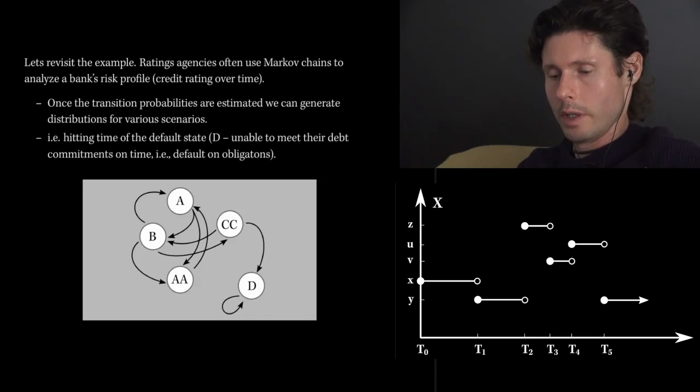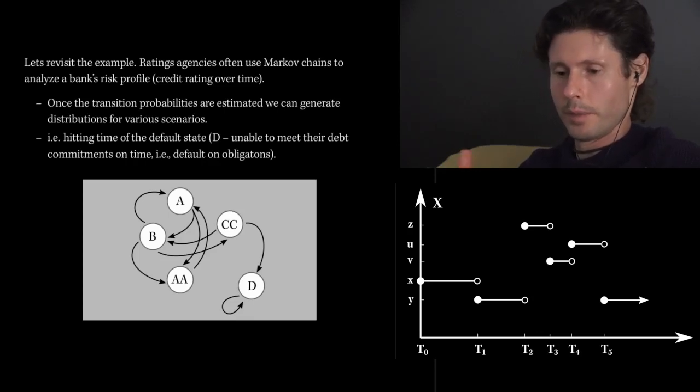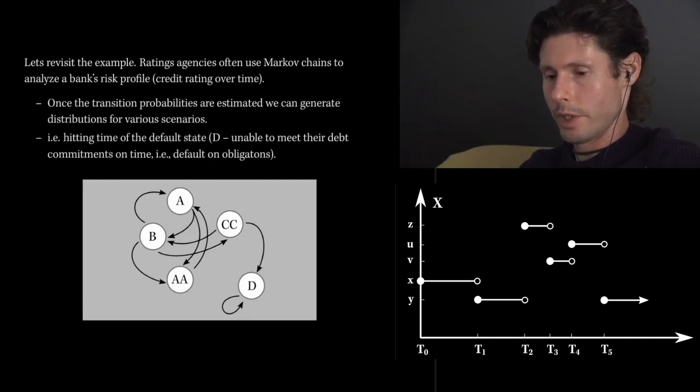First of all, these Markov chain models are actually used in industry. What one does is take market data and statistical tools and estimate a model, meaning you have to estimate the probabilities for all of these transitions. And once you build up a model, you can run all sorts of analyses, analyze different scenarios, stress tests, and so on.